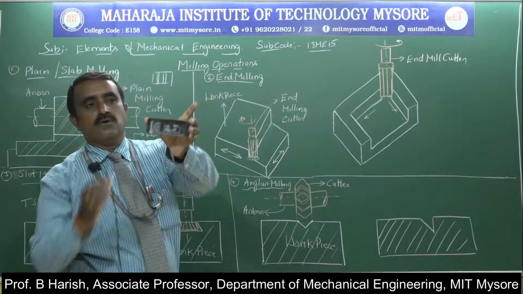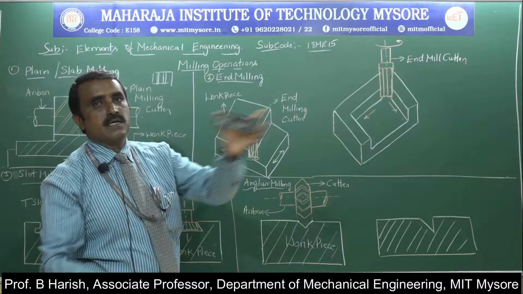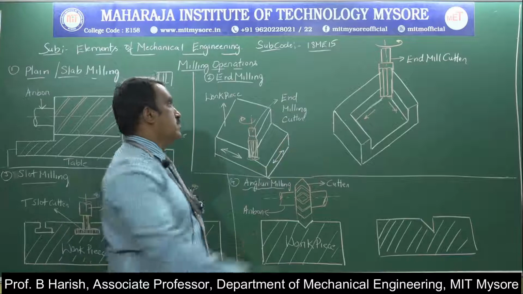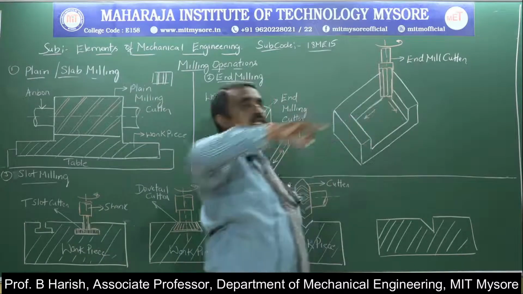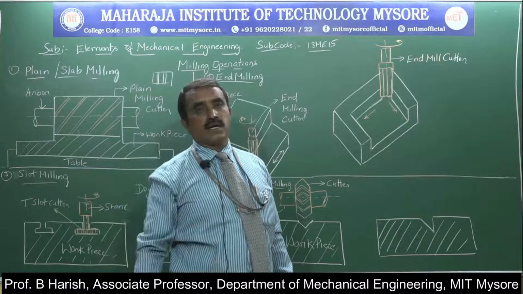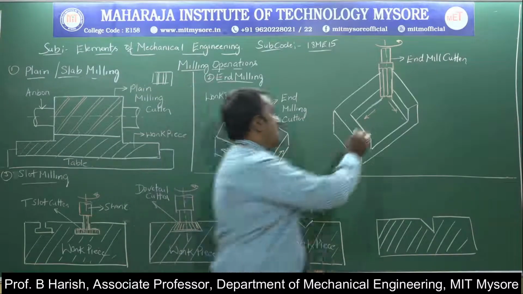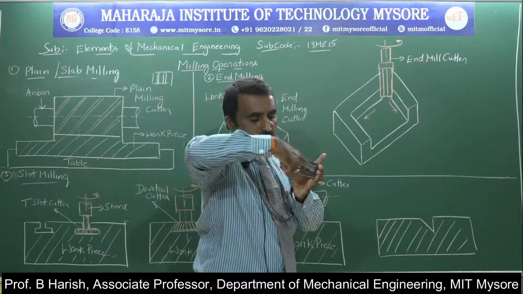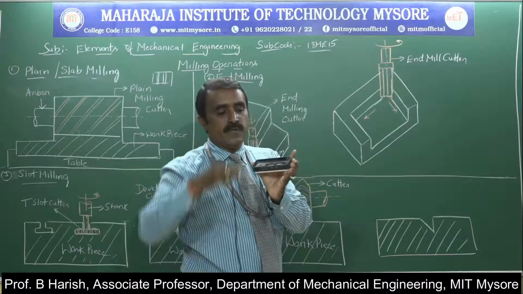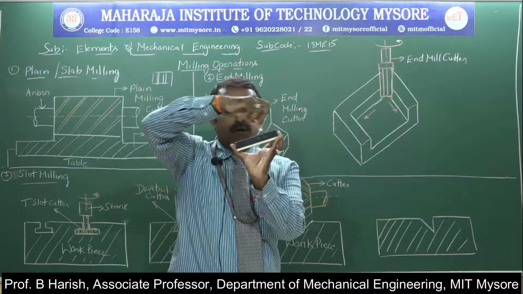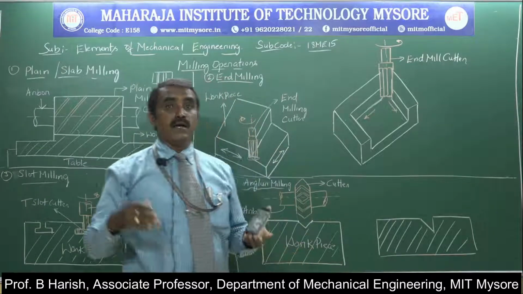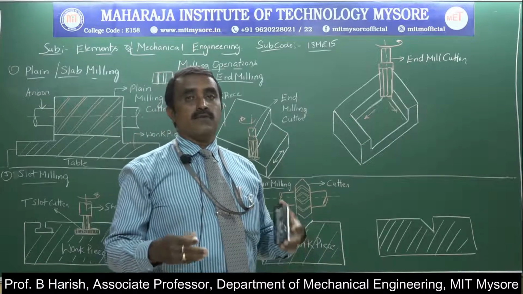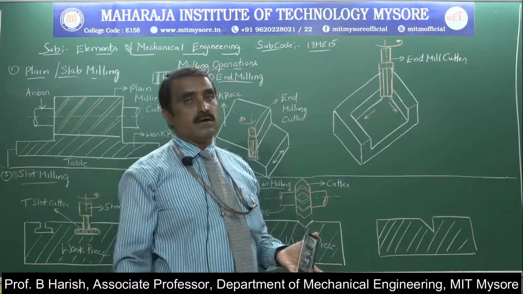So you can observe this. Getting a slot like this on a given workpiece is once again an end milling operation. Here these are the teeth of the cutter, and the teeth will be vertical. As it has edges, the bottom surface material is removed and the edges also remove material simultaneously. As it moves like this, the edges and bottom surface material will be removed simultaneously, so the removal of material can be carried out faster when compared to a plain milling operation.